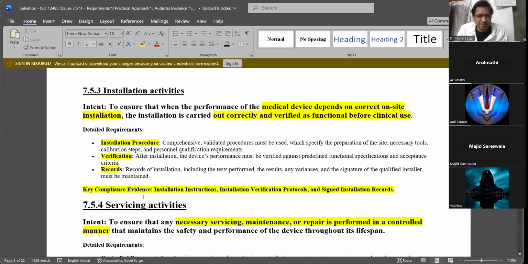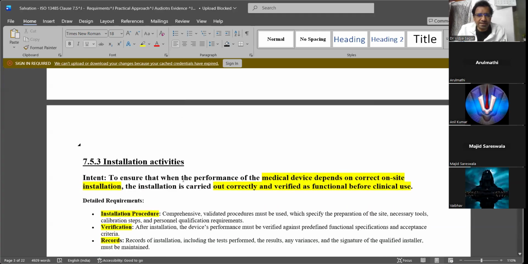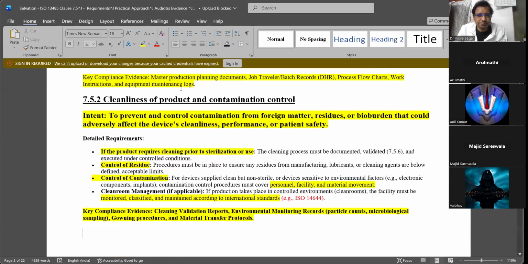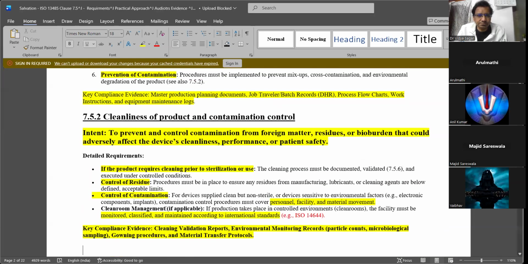So whatever records they have mentioned: cleaning validation, environmental monitoring record, particle counts, microbiological sampling. For sampling, you need to check the bioburden weekly or based on the work activities happening in the clean rooms.